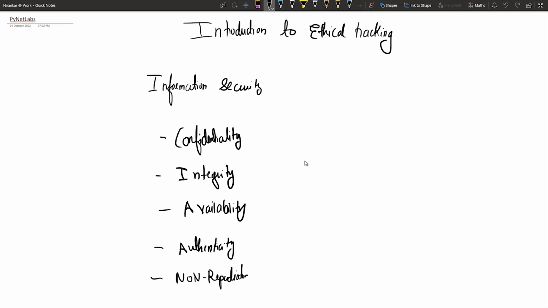Information security and cybersecurity are different terms. Information security is about all the security needs that your organization has, while cybersecurity is related to security over the internet, the network, or the applications running on the network. But let's say you have a physical file that is confidential and you want to save it; that comes under information security.